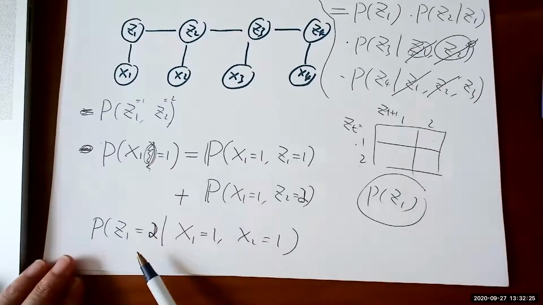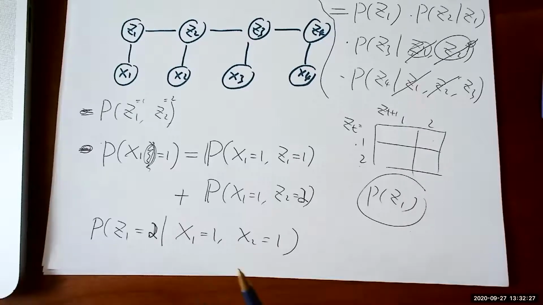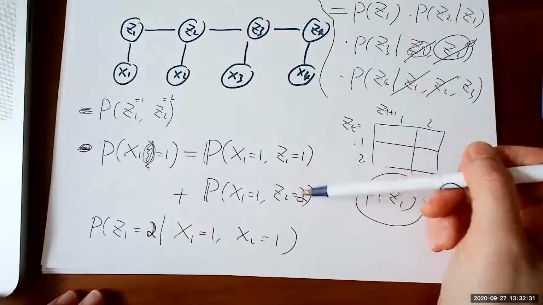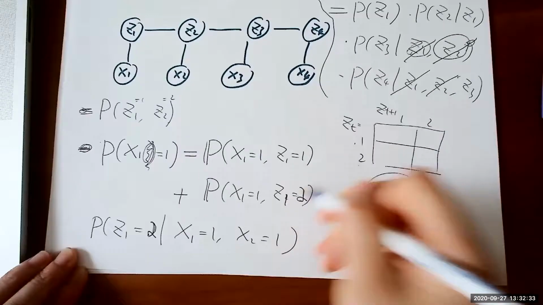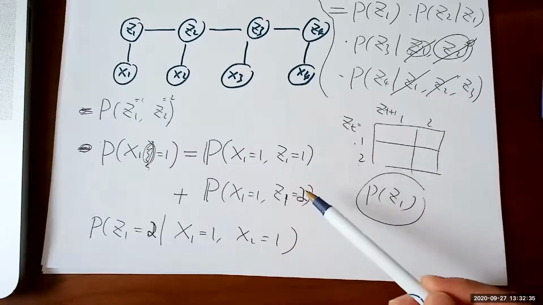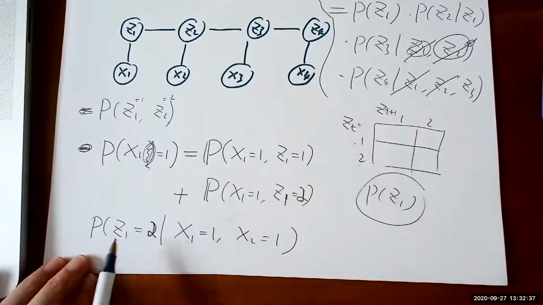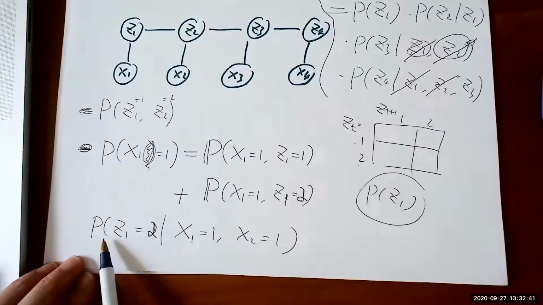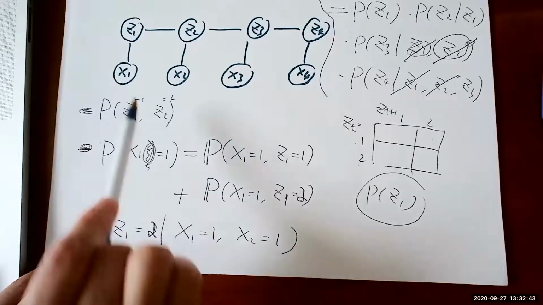And so for this, I'm talking about the line above. This one? Yes, this is Z. Oh, sorry. Oh yeah, Z1 equal to 2. Yeah, you're right. Yes, Z1 equal to 2. Right. So now some of the later questions ask you, what is Z1 equal to 1 conditioning on this